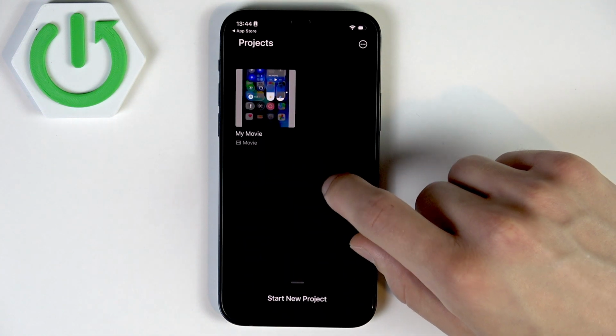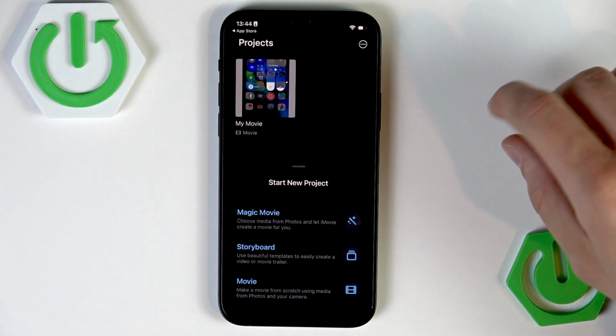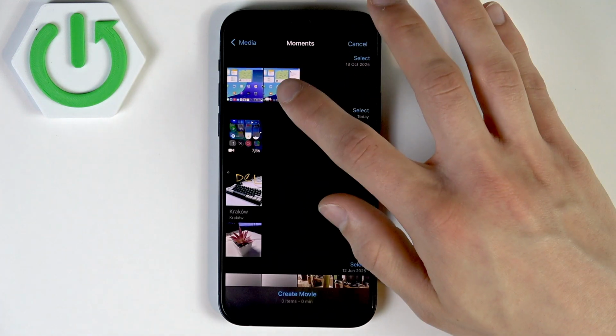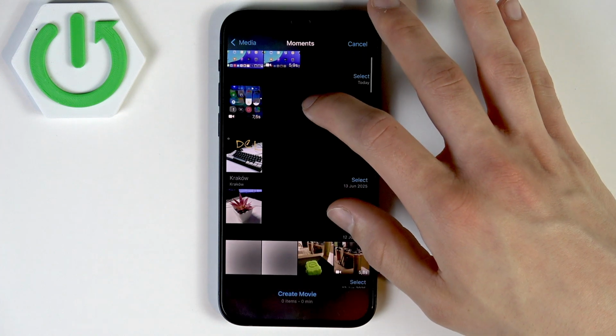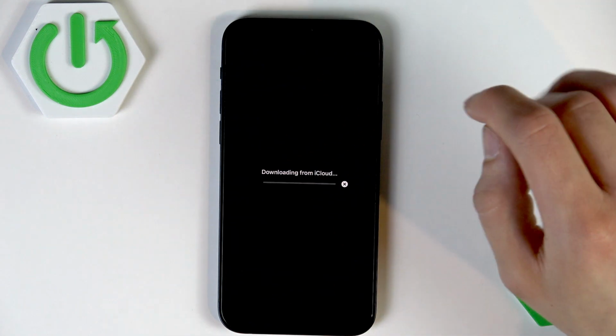You have to set up by allowing this application to use your photos and music applications. Then select create new project, movie, select a movie that you want to speed up, for example this one. Tap create movie,